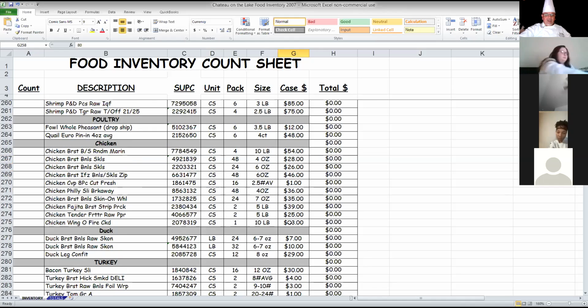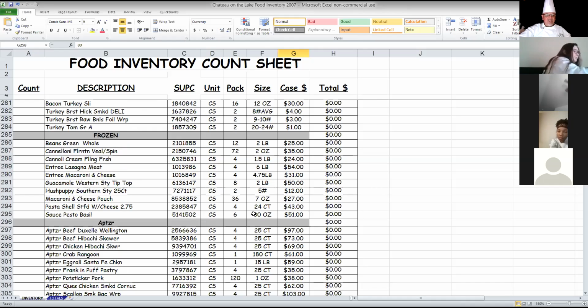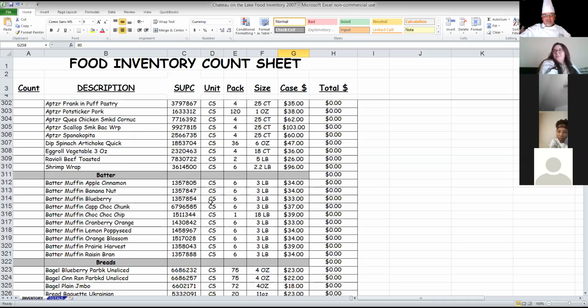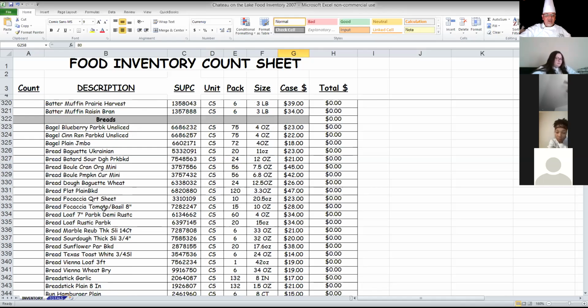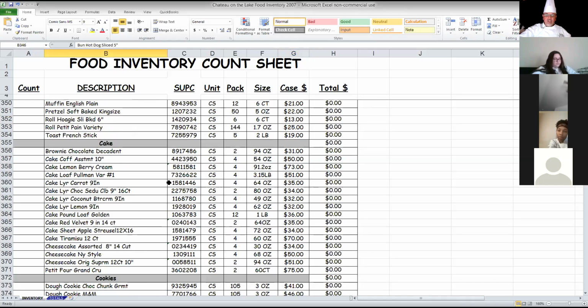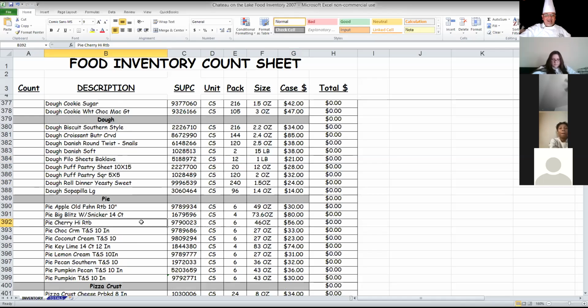Okay. Duck, turkey, frozen, any lasagna, macaroni and cheese, appetizers, beer batter for the muffin batters, blueberry breads, focaccia. We're going to use some pre-made focaccia. If you want to make it, it's already in here. What about hamburger buns? Okay, hot dog buns. Even cakes. You want to use pre-made cakes, cookies, any kind of dough, puff pastry sheets, phyllo sheets, danishes, pies,